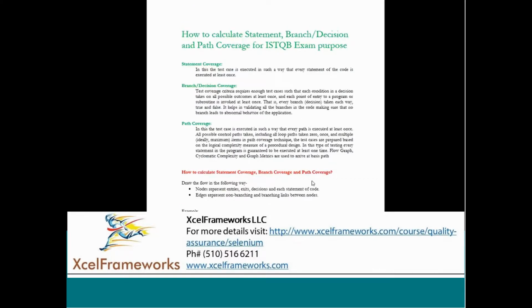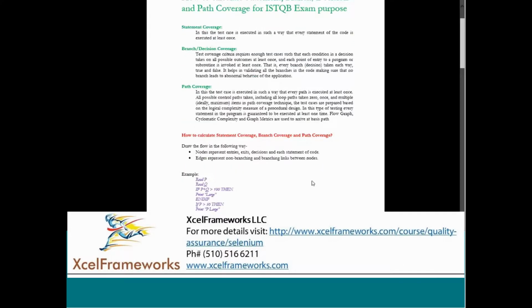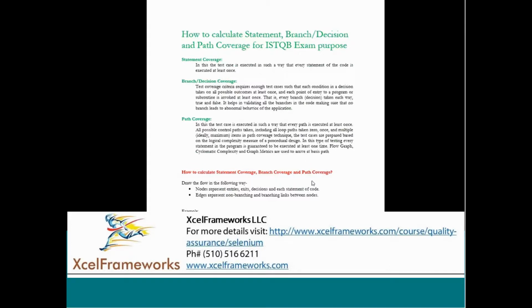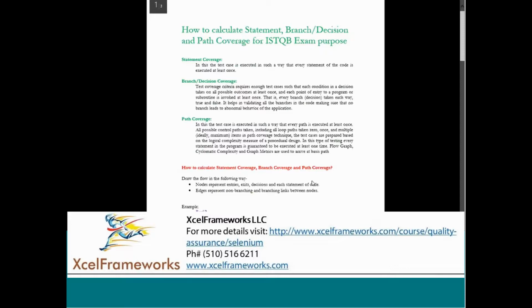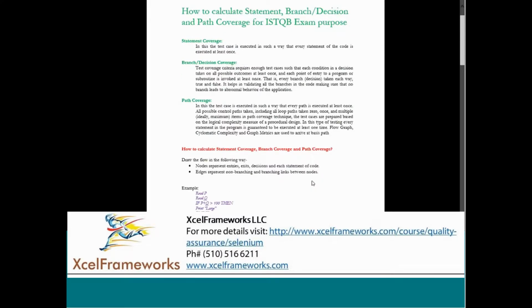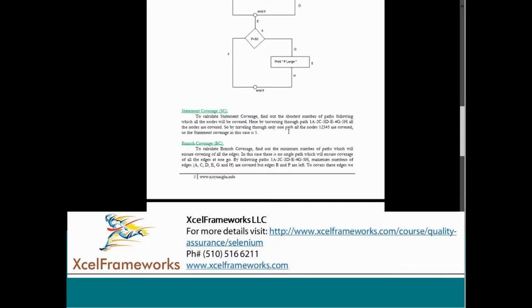The use case is the same. The code is the same, basically. For a given code, we are traversing different nodes or different edges to make sure that it covers all the lines of code. The terms we use at the different stages are statement coverage, branch coverage, and path coverage. Statement coverage, at least one has to exist. So once again I'll come back here. To calculate the statement coverage, find the shortest number of paths, such that it traverses and at least one case executes.